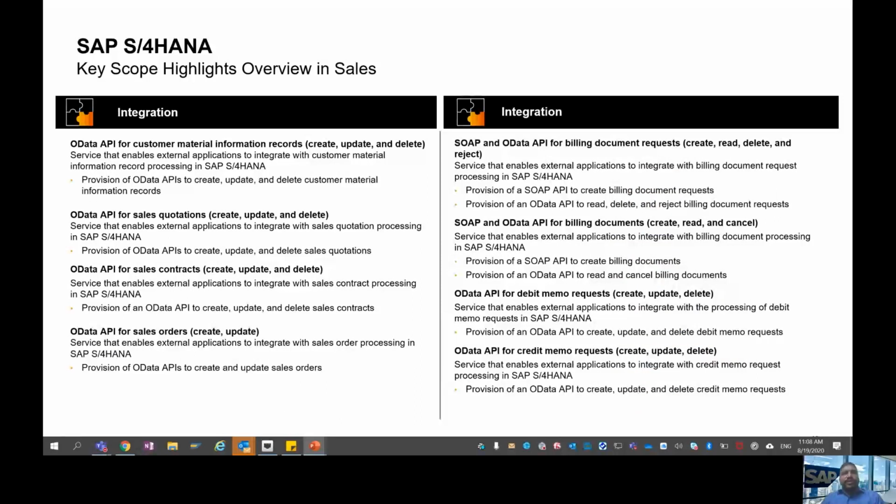So the next innovation is integration. We have more slides to complete, so let me quickly take you through the names of important OData and SOAP APIs we have delivered. OData API for customer material records is one of the APIs which we have delivered.